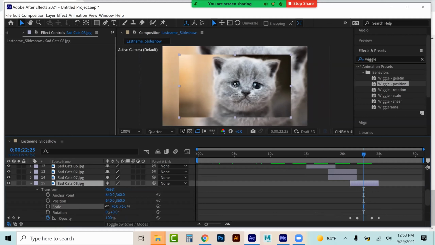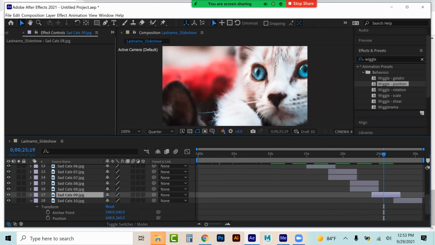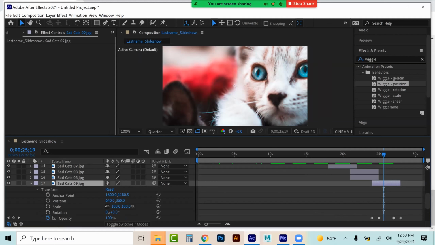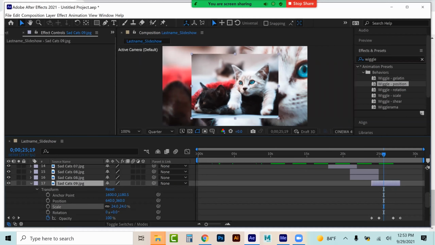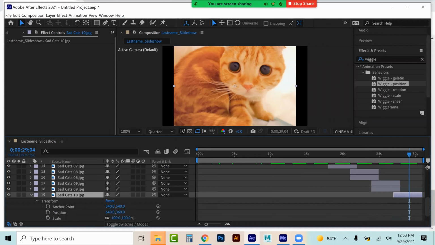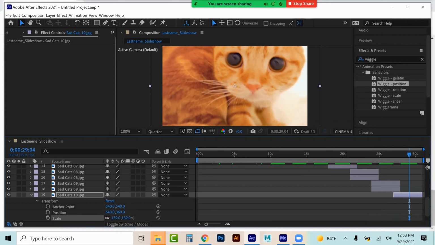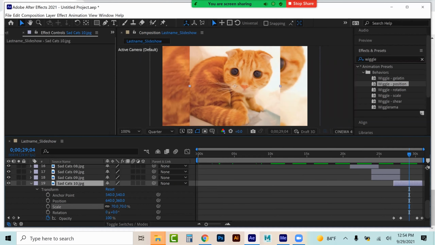Scale it to fit inside the box. Big. Let's just duplicate it. Box. Last here. Oops, there. That's